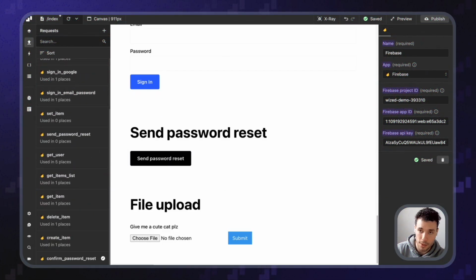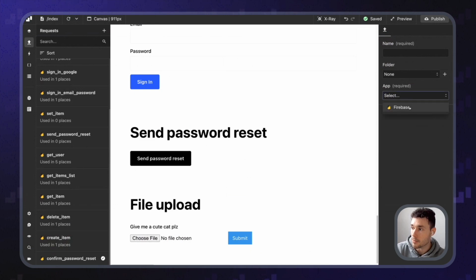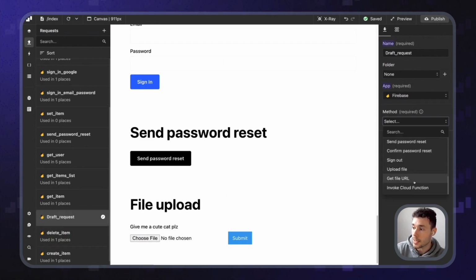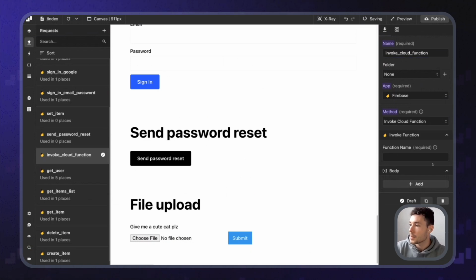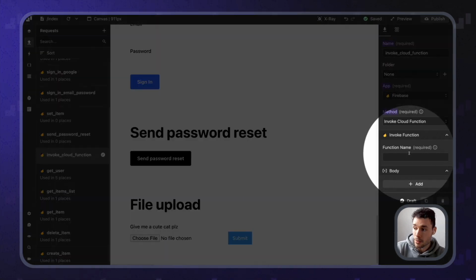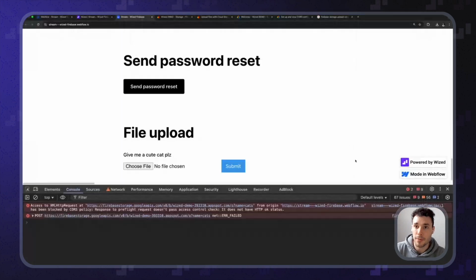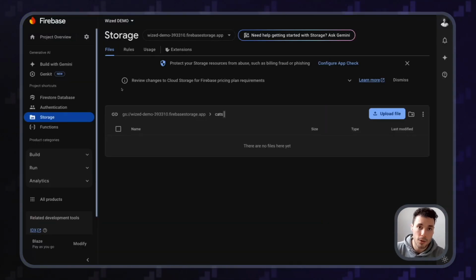Okay. Let's erase the last 20 minutes and let's go into cloud functions. So Firebase, and now what I want to show you is how to invoke a cloud function. Okay. So let's call this invoke cloud function. And in here, you're going to see that this is asking me for a function name. The reason why it asks me for a function name is because if we go back to our Firebase